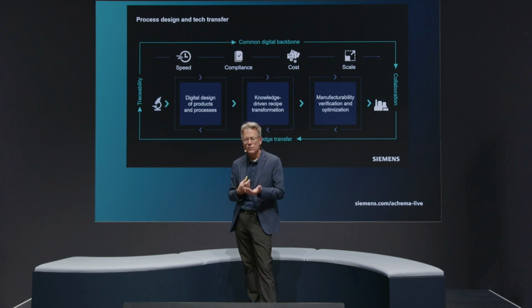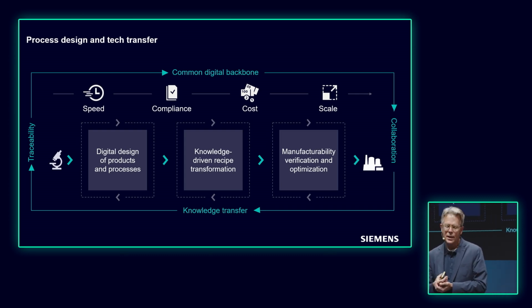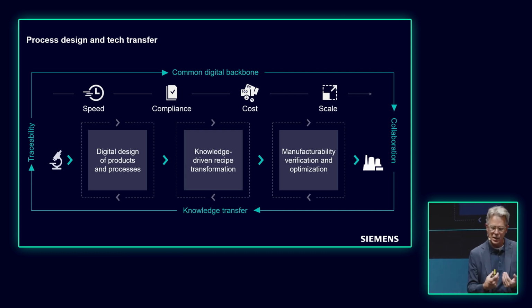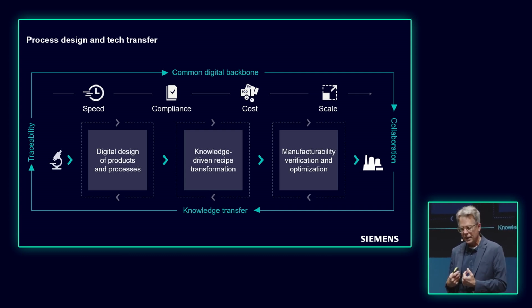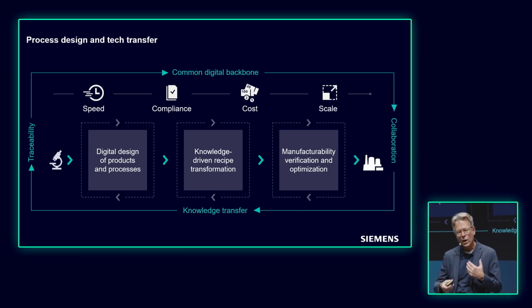So let's look at one level below one of these digital threads in the pharmaceutical industry. I'm now showing a very high-level overview of the imperatives that are associated with our process design and tech transfer digital thread. And so we talk about digital design of products and processes, knowledge-driven recipe transformation, and manufacturability verification and optimization. So these imperatives at a high level help us understand where we seek to find value